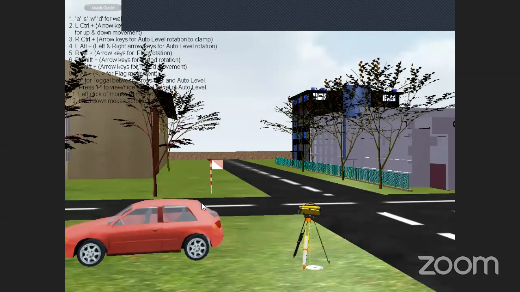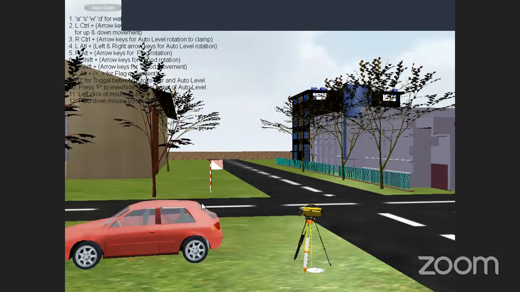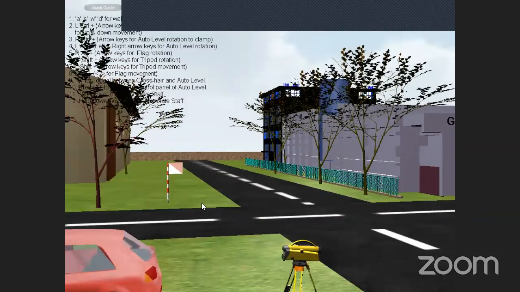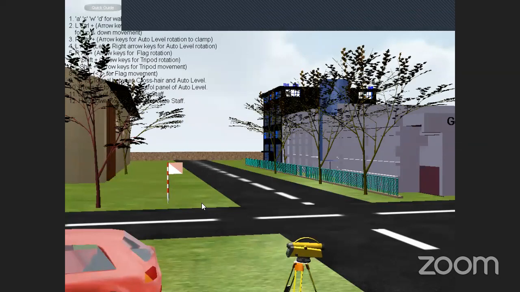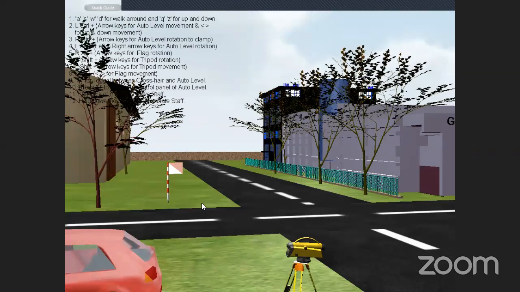Now they have given the points. Benchmark, I have told you, the benchmark we need to take as the first side. Always the first side in leveling is the back side. The back side we need to take on the benchmark. Generally the first side taken in the leveling is called the back side, and we are going to take it on a benchmark only. Then we need to move the staff also. The staff is kept somewhere else.